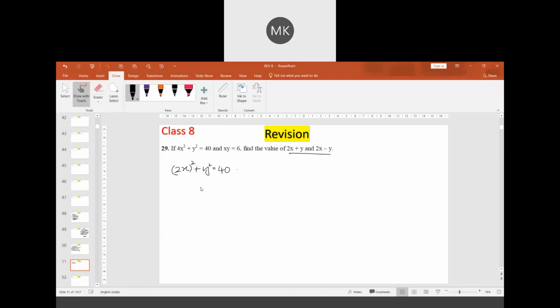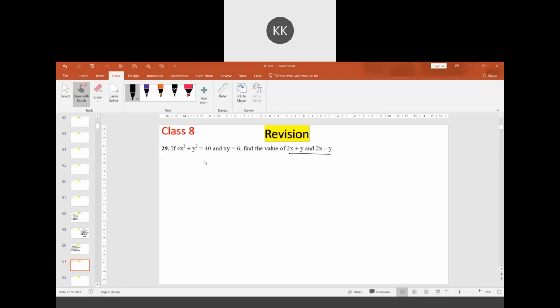We can't take it, because it is positive. 2ab is there, so we have to add it to both sides. If we make a whole square, then squaring both sides, 2ab will mean 8xy. a square plus b square will not give 2ab like that. So what can be done?